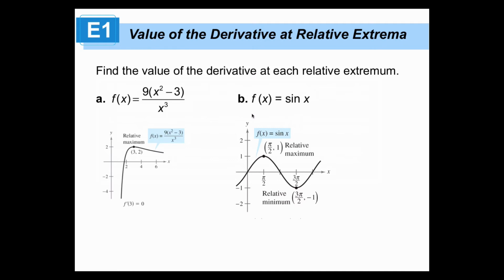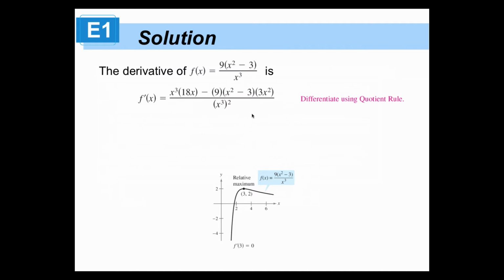For those of you that may have struggled with part A, I do have the derivative here. I did a quotient rule, then simplified it, which I didn't even need to do because I could just plug 3 into it. And you see the top gives me 0, and the bottom gives me 3 to the 4th, which is